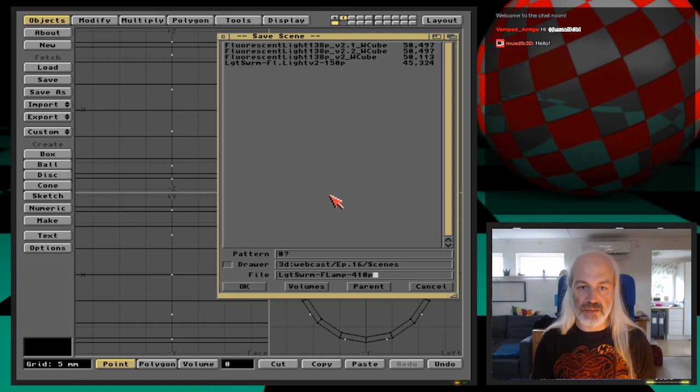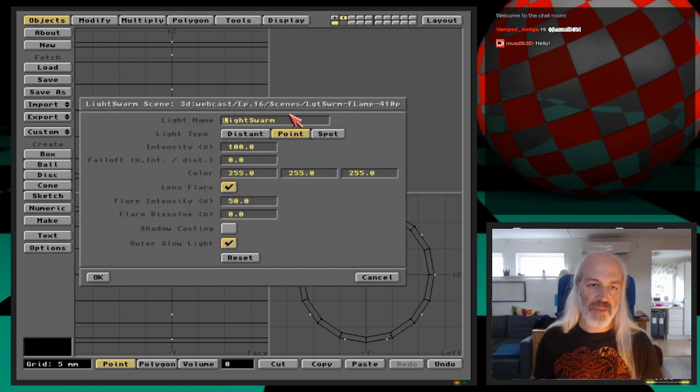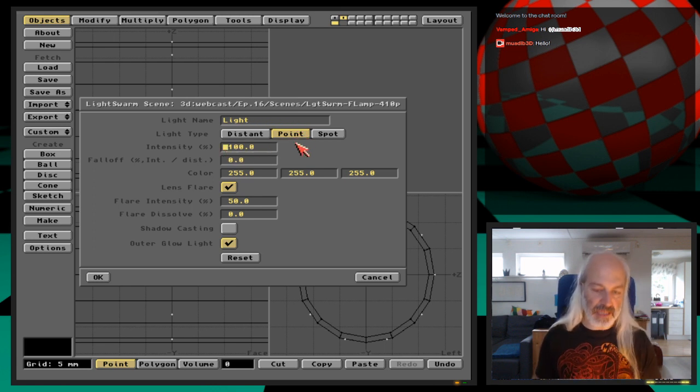Okay, correct. Everything else, yes. Now again, light point intensity at 2%, fall off, as we said earlier, 0.33. Yes, no lens flare at 0. Shadow casting. So